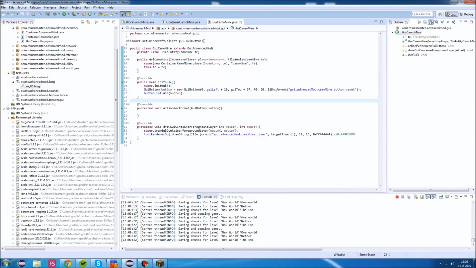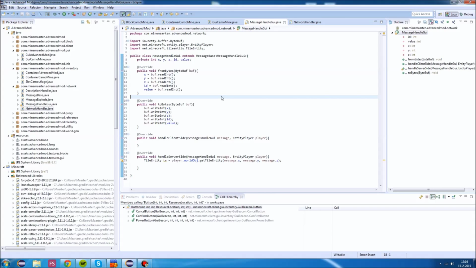And the stopping of the camel mine will be done on the server. So in this method we want to send a packet to the server. A clean way of doing this is using a custom packet, which is exactly what we're going to do. And there isn't a built-in way, as far as I know, a neat built-in way to do it using